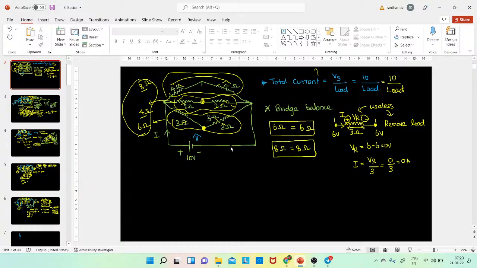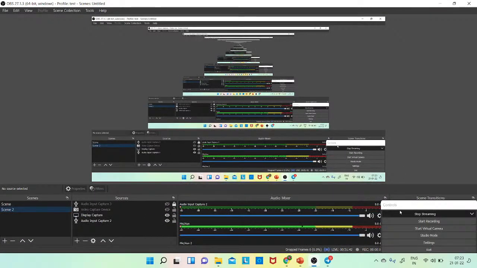The fundamental agenda in circuit theory is you have to be strong with the voltage, polarity, and direction of the current. Once you get the grip with these two everywhere, then automatically you will be able to solve all the questions. Okay, so this is all for this lecture. Remaining things we will see